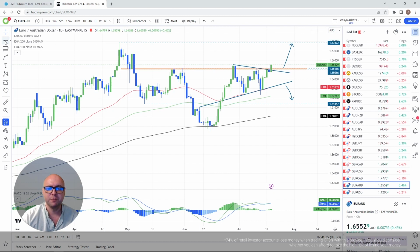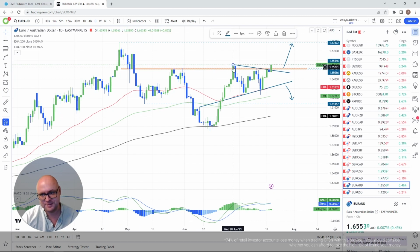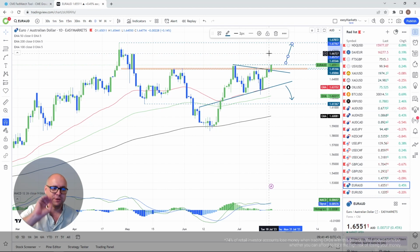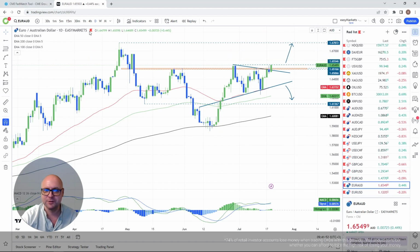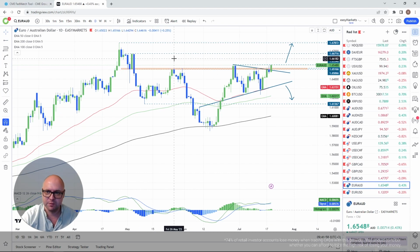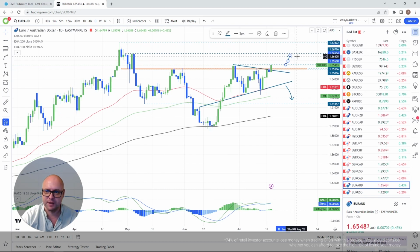above it. The only problem I have right now is the highest point of June near the 1.6555 territory, and if that gets cleared, well, that's going to be just like the cherry on top, and then we can start aiming for higher levels. I have my target here near the 1.6787, but I think I have to draw this. I have to mark this. This 1.6671 is quite an important one to watch, so initially I will probably target that one, and then I'll